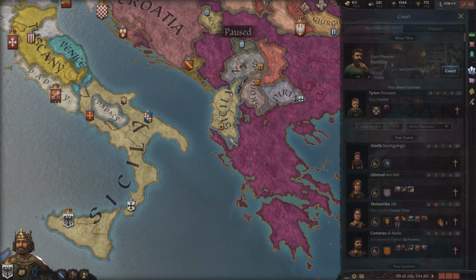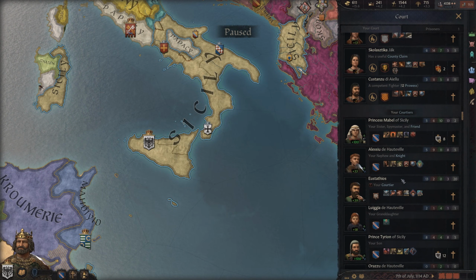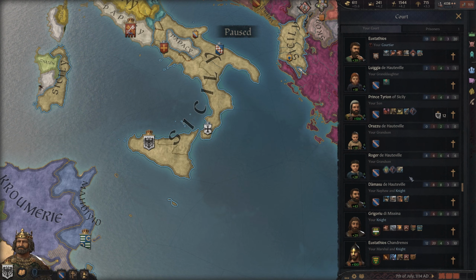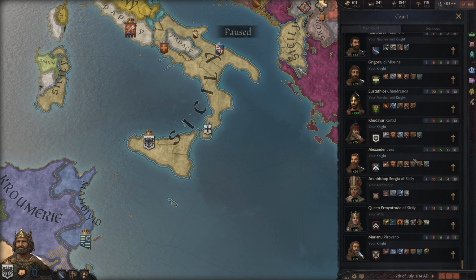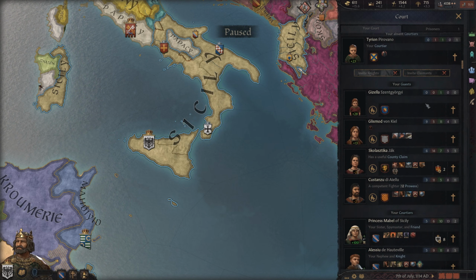Now, outside of our counselors, you also have your court, and your court will grow in guests. You've got your courtiers, which are people that are currently residing within your court. This would include your knights, any unlanded counselors, your court physician, if it's not someone that's already in your family, anything like that. Grandsons, children, stuff like that. So your court is important though, because this allows you to have your knights and vassals marry individuals within your court, and people will visit your court if you have a small court and you're in a position where they can maybe get a county claim taken action on by you.